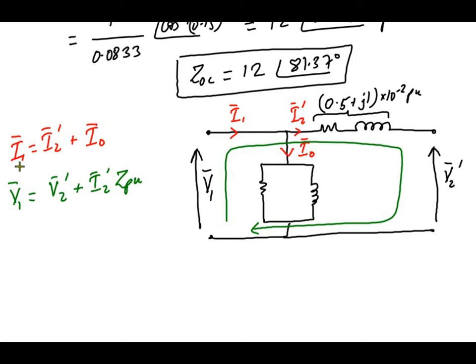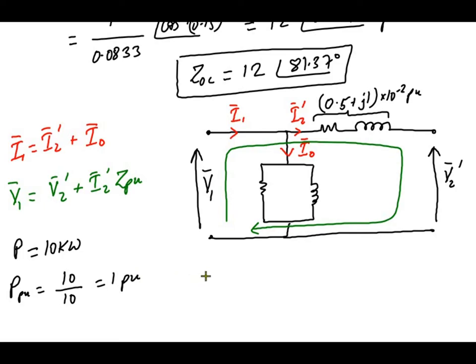Now let us calculate I1. For I1 we need I0 and I2 dash. How can we calculate I2 dash? We have the power connected at the secondary side, meaning the load power P is equal to 10 kilowatt. It is given in the question. So let us convert it into per unit. P in per unit will be 10 upon 10, kilo upon kilo, so it will be 1 per unit.